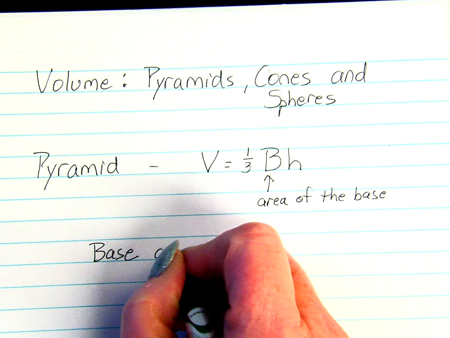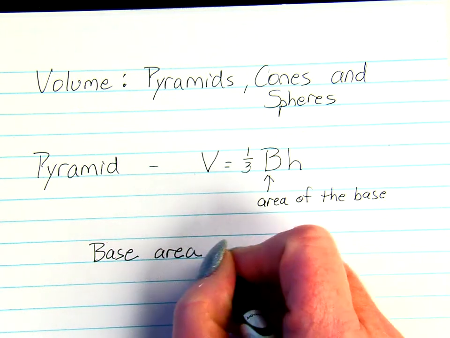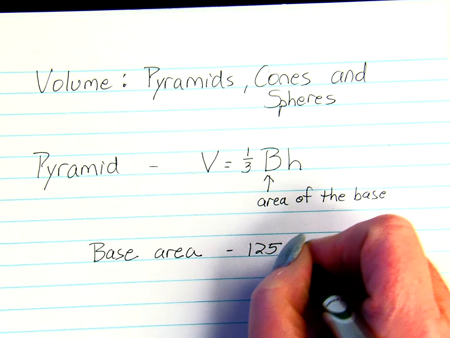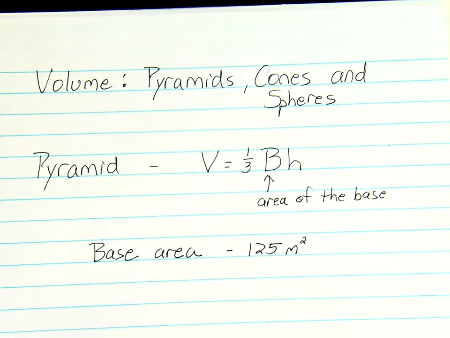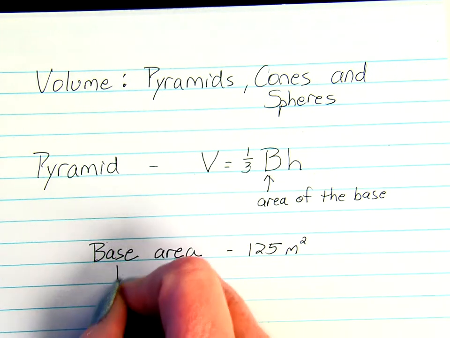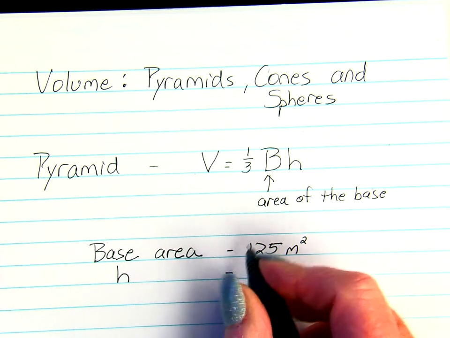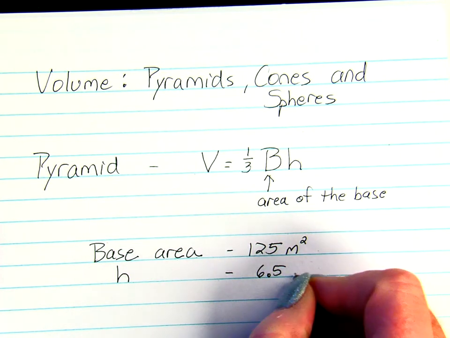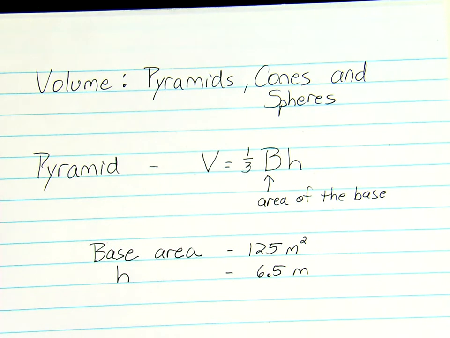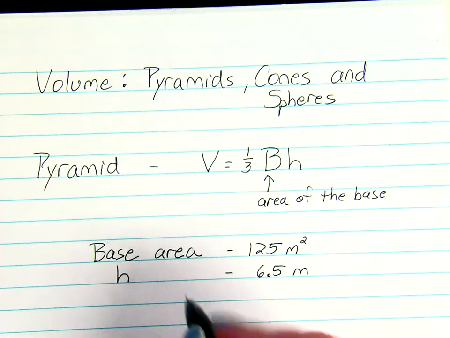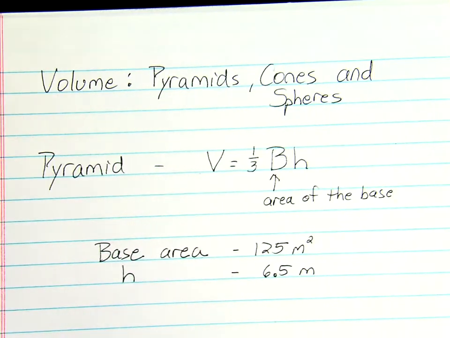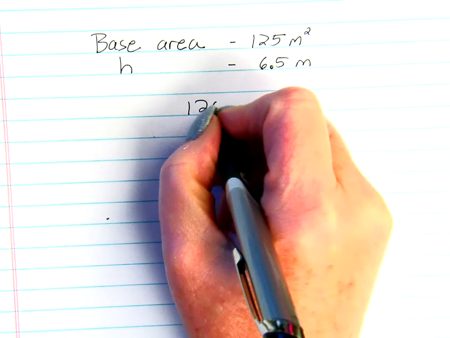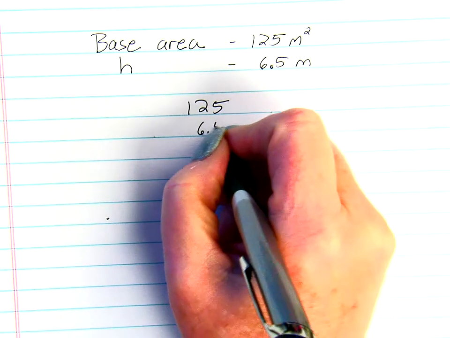So let's say that we have a pyramid with a base area, and I'm going to go ahead and give us the base area of this pyramid, and that is 125 meters squared. And we have a height that is 6.5 meters. So now in order to find the volume, we're going to take the 125 times 6.5,